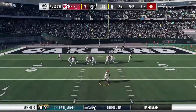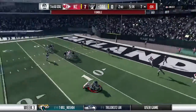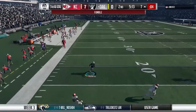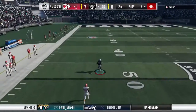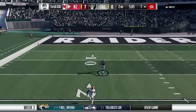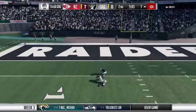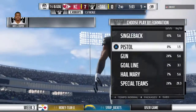Now Mahomes on the bootleg. He'll buy some time right. Mahomes hit. He lost the football. And the Raiders pick it up. He's at the 50. He's at the 40. The 20. And they will finally get to him, but a great return has set him up first and goal